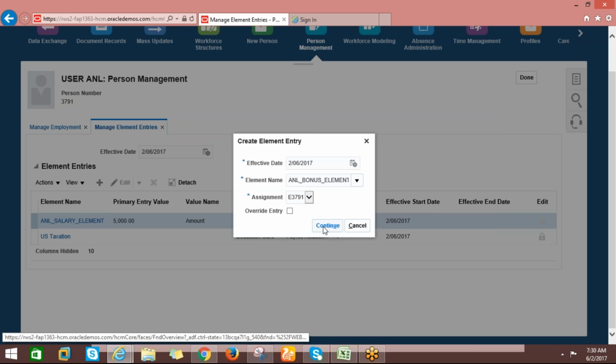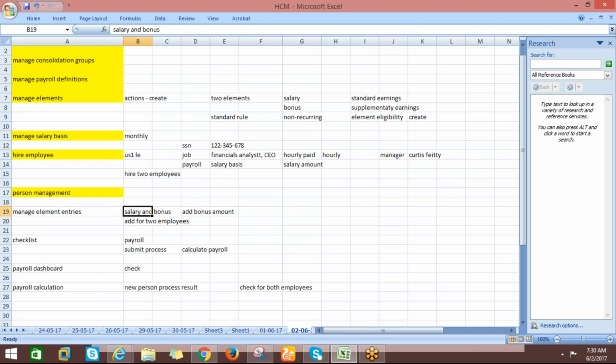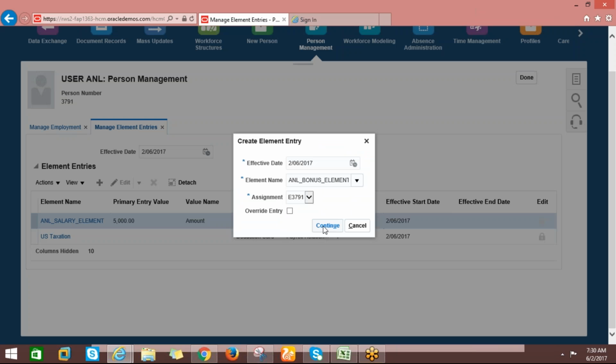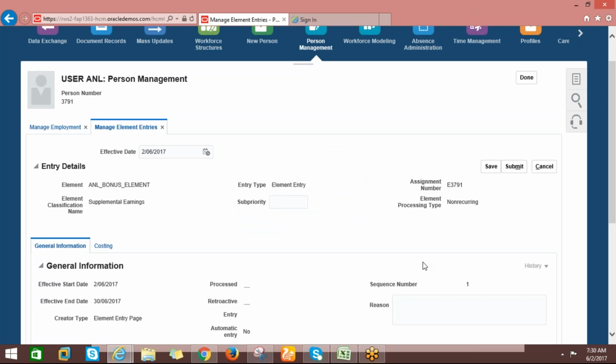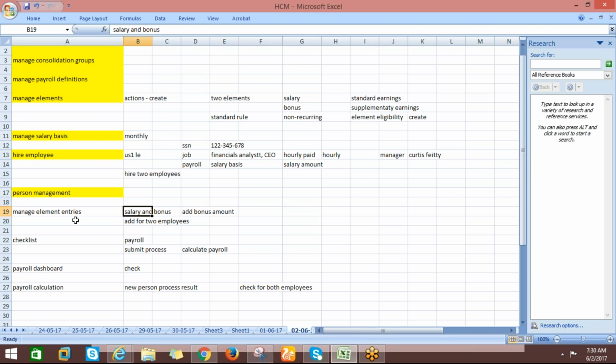Then click on continue. Fine. Once we complete this element, then